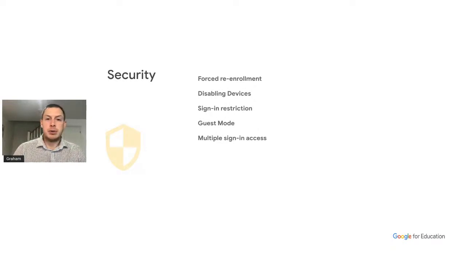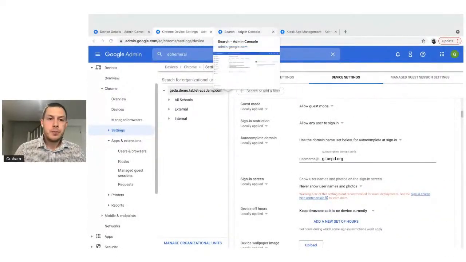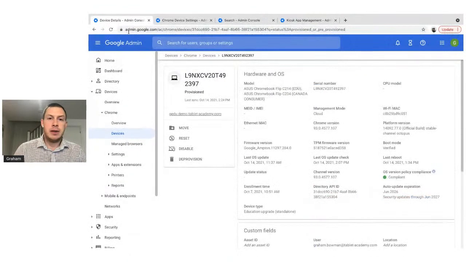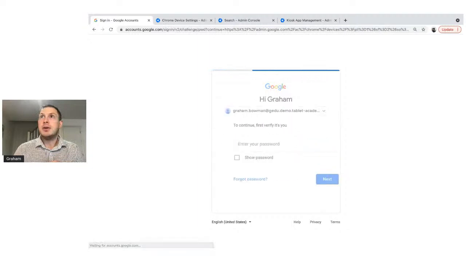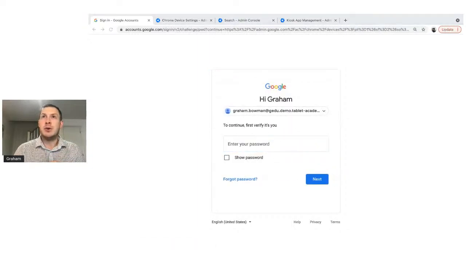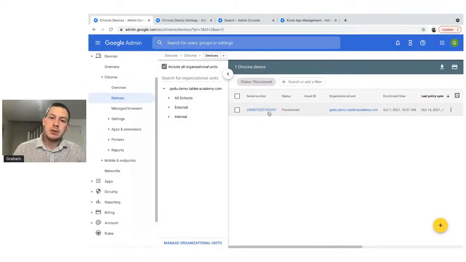So I'm going to show you an example, and I'm going to go into the admin console. We can go to the devices and find the specific device, which I've done already, that I've got next to me, and we can disable that device. When I click on disable, I need to put my password in again. Typical. If you've ever used the Google Admin Console, it's always asking you for your password, which is obviously for a very good reason, because there's a lot of power in that admin console. But when you're giving a presentation, it can be a little bit annoying. Okay, so I found that device again,